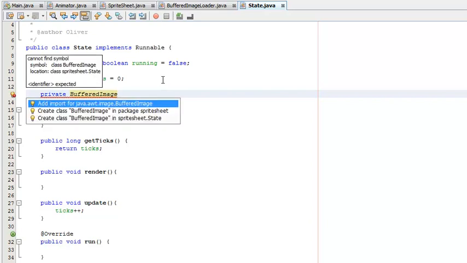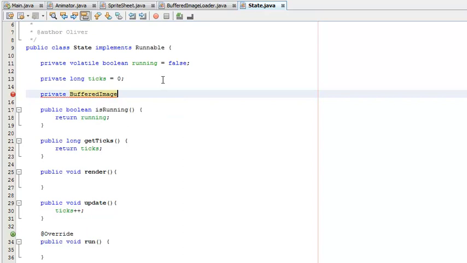Buffered image. Buffered images will be one of your best friends when making 2D games in Java, because it's packed full of amazing methods for just about anything to do with graphics and rendering. My friend Matt is actually working on tutorials on a pixel rendering engine using buffered image, similar to the one Notch made in a game called Minecraft, which he made for the Ludum Dare competition. But anyway,